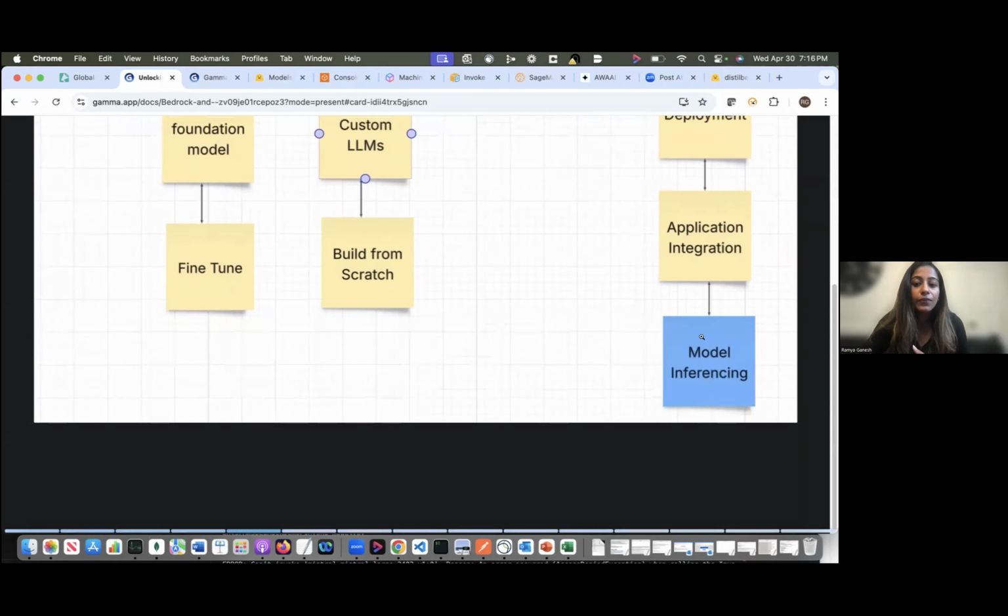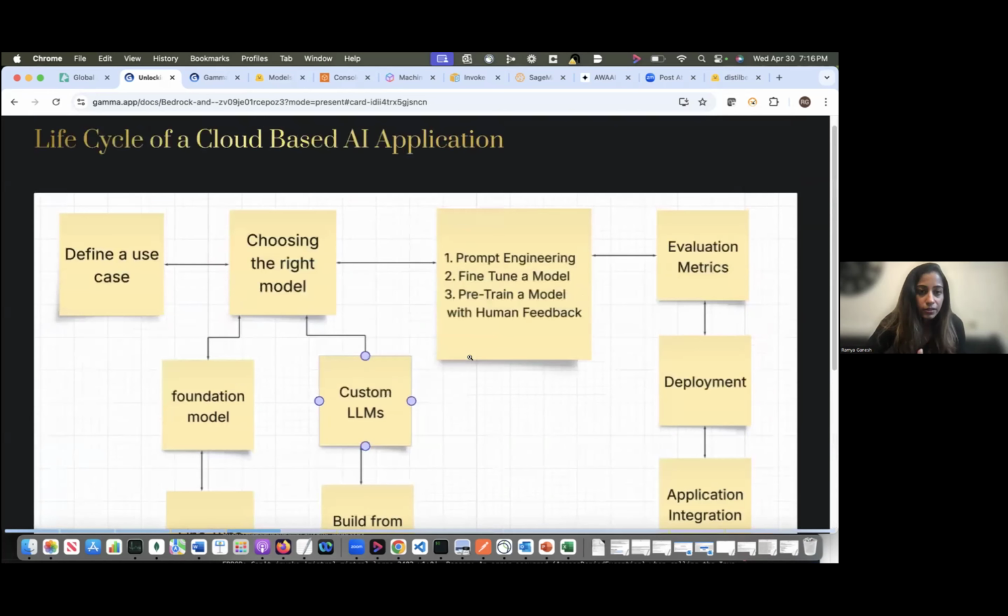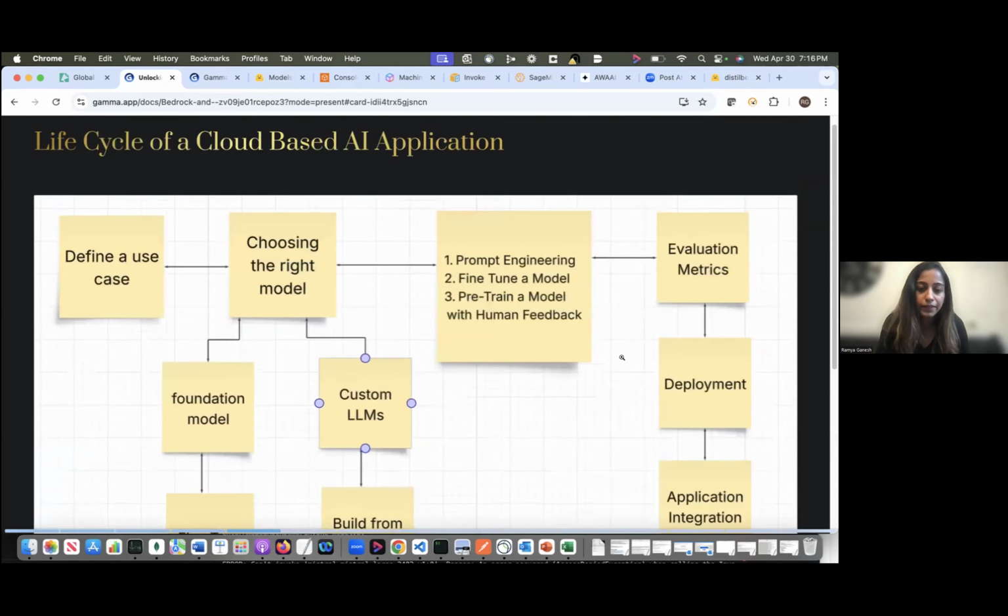And then you will have this model inferencing, which is basically when the model is deployed in production. Everything is fine, and it's there for people to use. People can just go and use this for inferencing. So this is the final stage, the end-to-end life cycle. Just wanted to explain that.